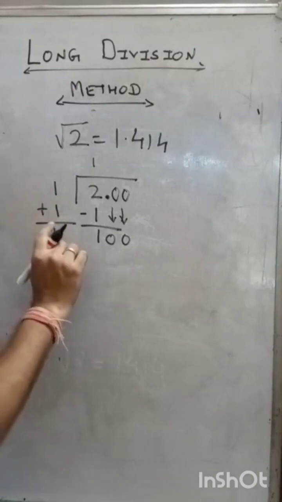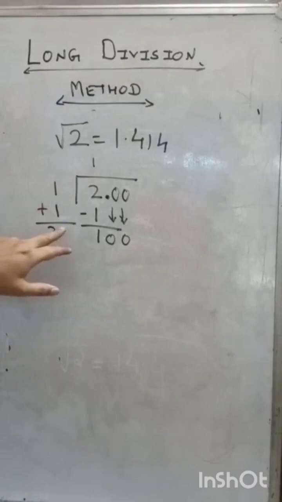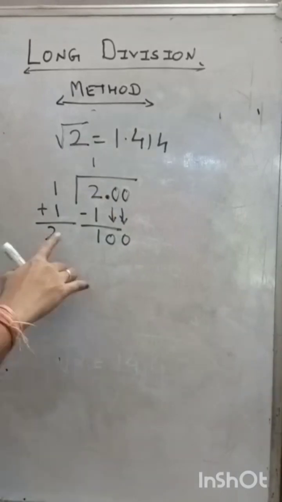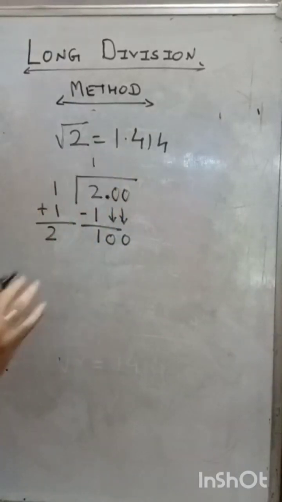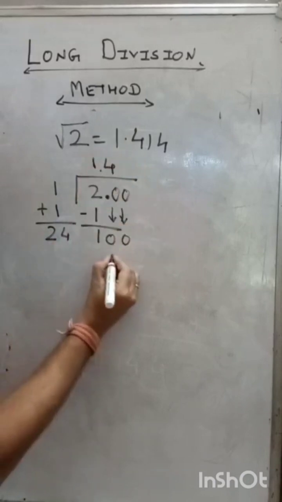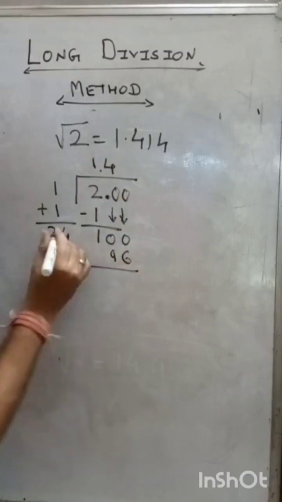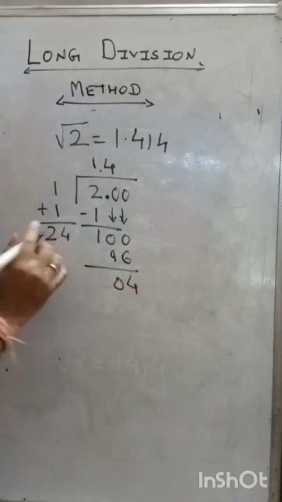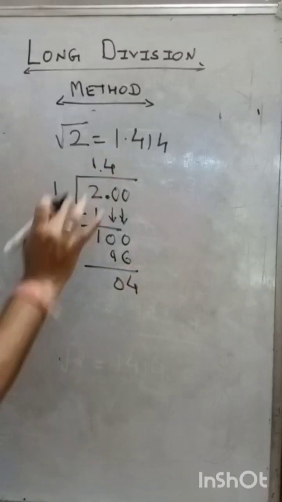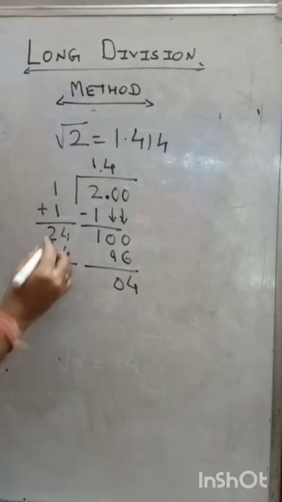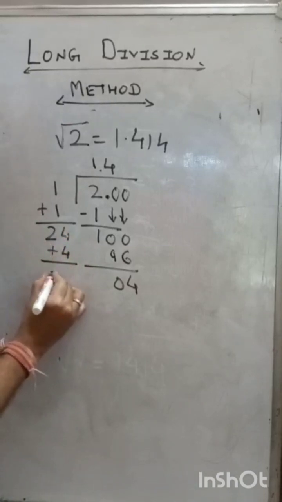with the same digit, which means you have to put the same number at the dividend place and the quotient place. Suppose I put 23 into 3. 23 into 3 is 69. It is smaller than 100. So you can put 24 into 4 and put 1 decimal here, and 24 into 4 is 96. So your difference is 40, and again you have to put 4 from the quotient and add this value at the unit place in the dividend part. You get 24 plus 4, 28.